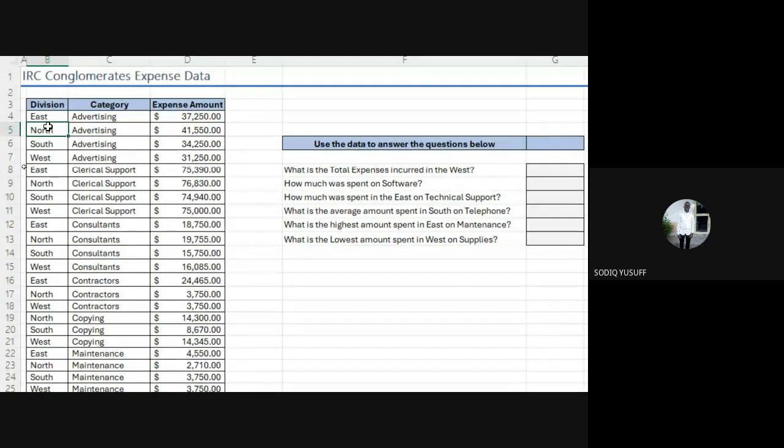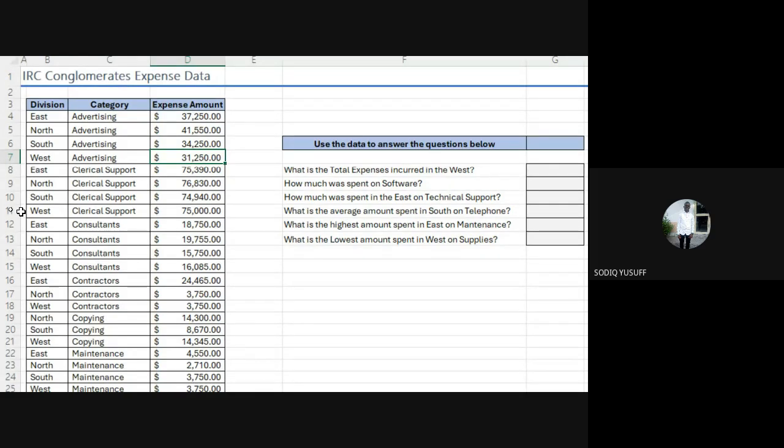You ask again, is this West? If it is yes, it picks the expense amount. Since this is not West, it just leaves this expense. It goes to the next one, this is South, since it's not West, it leaves it alone. And once it encounters West, okay, this is West, it picks this West, and goes again. When you see another West, pick the second West, pick the third West, all till it gets all the numbers for all Western region. Then those are the only numbers it is going to add together. So in a nutshell, we want to add all the numbers, but we are going to add the number only if the number is coming from the Western region.